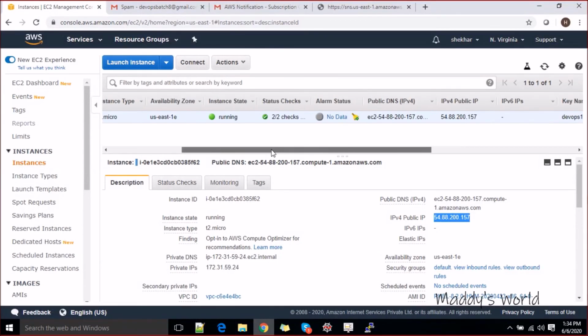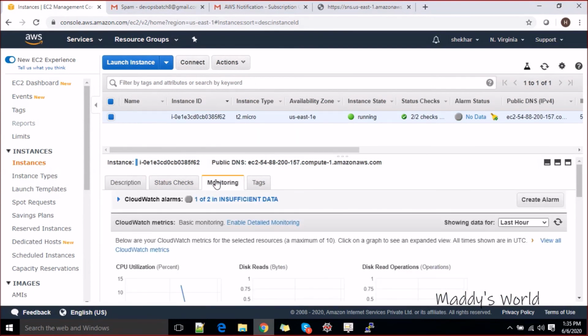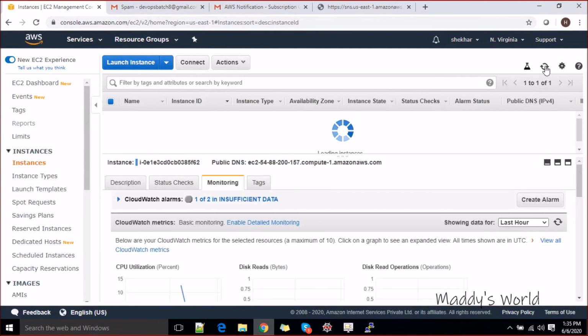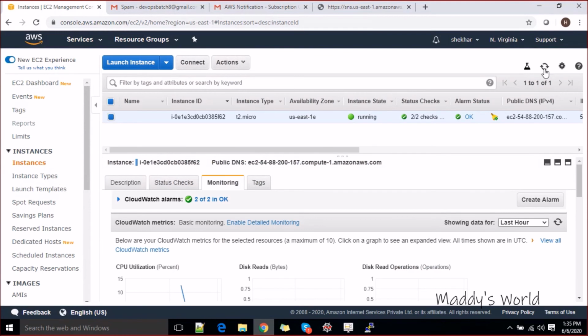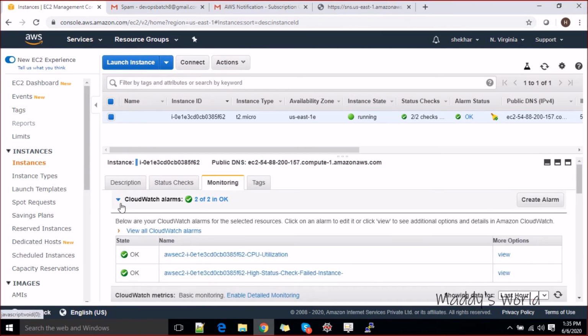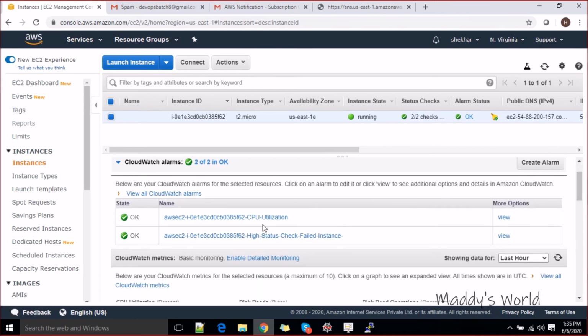So let's go here now in the monitoring section. It says the alarm status is okay at this moment. CloudWatch has 2 alarms. See here, it says okay now for CPU utilization.